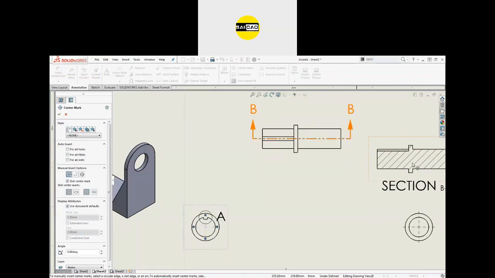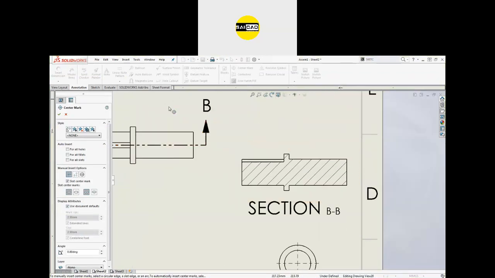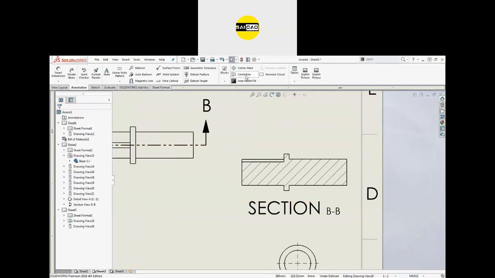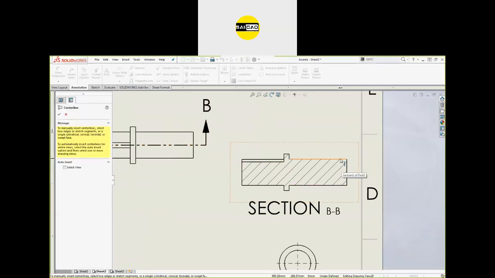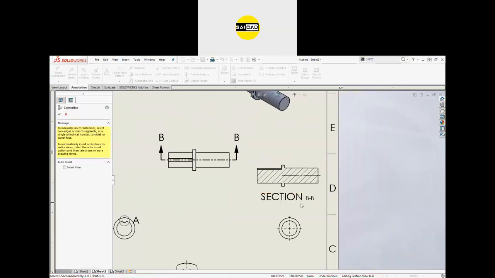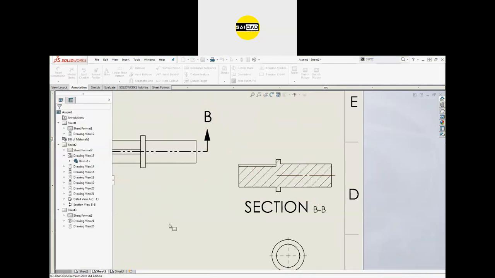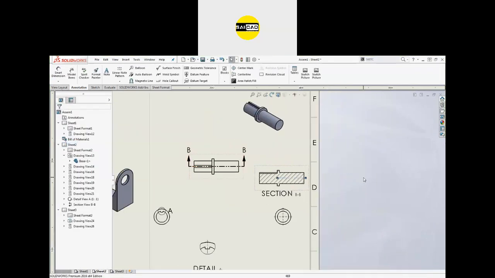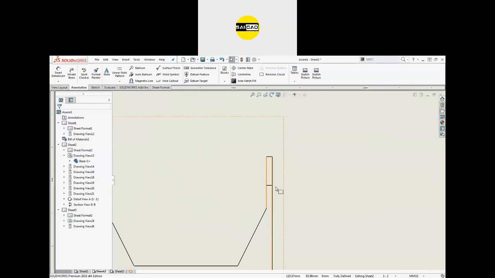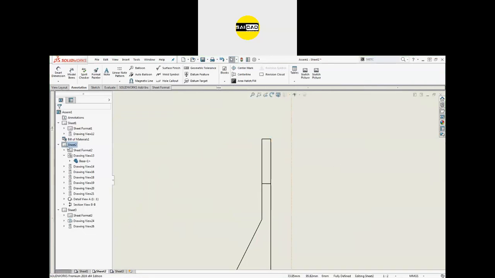And if you want to see the center of a shaft like that, we have another option that is center line. Select two lines like that and the center line will be created. It will be used in case of holes. Just click OK and there will be the center line. Okay, but it will be used for holes only, like here.